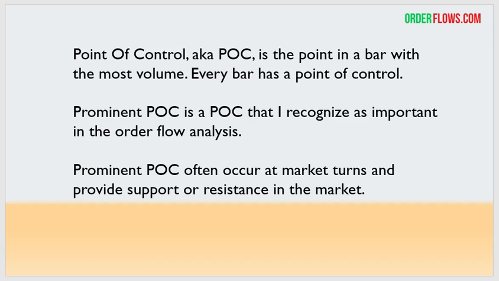Now, every bar has a point of control, okay, and all it is is the point in the bar with the most volume. That's it. There are no special calculations. All it does is find the price level in the bar with the most volume, every bar has one, and it just puts a box around it. And prominent point of control is a point of control that I recognize as important in the order flow analysis. It often occurs at market turns and provides support or resistance in the market. Okay, so now,